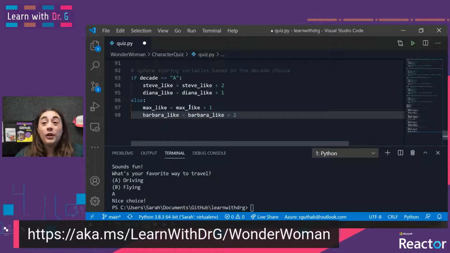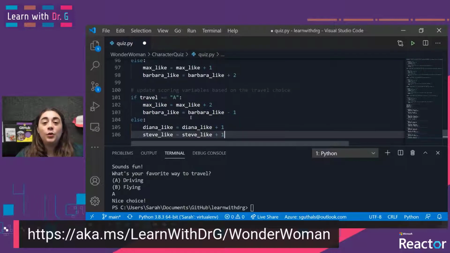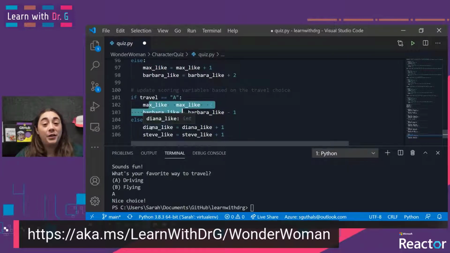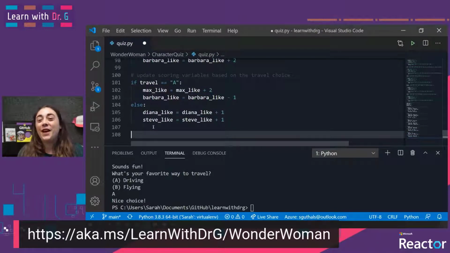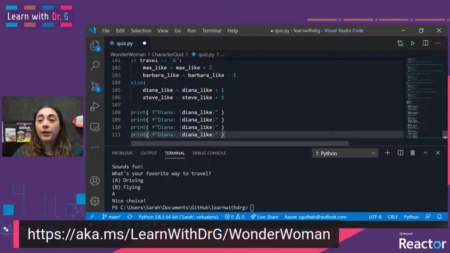For our decade, we're going to do the same. If you like the 1910s, then you're like Steve and Diana. And if you like the 1980s, then you're like Max and Barbara. And finally, we can do it for our mode of transportation. If you like to drive, you're like Max and Barbara. And if you like to fly, you're like Diana and Steve. I can't wait to see this movie to see how these 5 questions impact how you're more like one of these 4 characters. So before we continue, I just want to print out each of these 4 variables